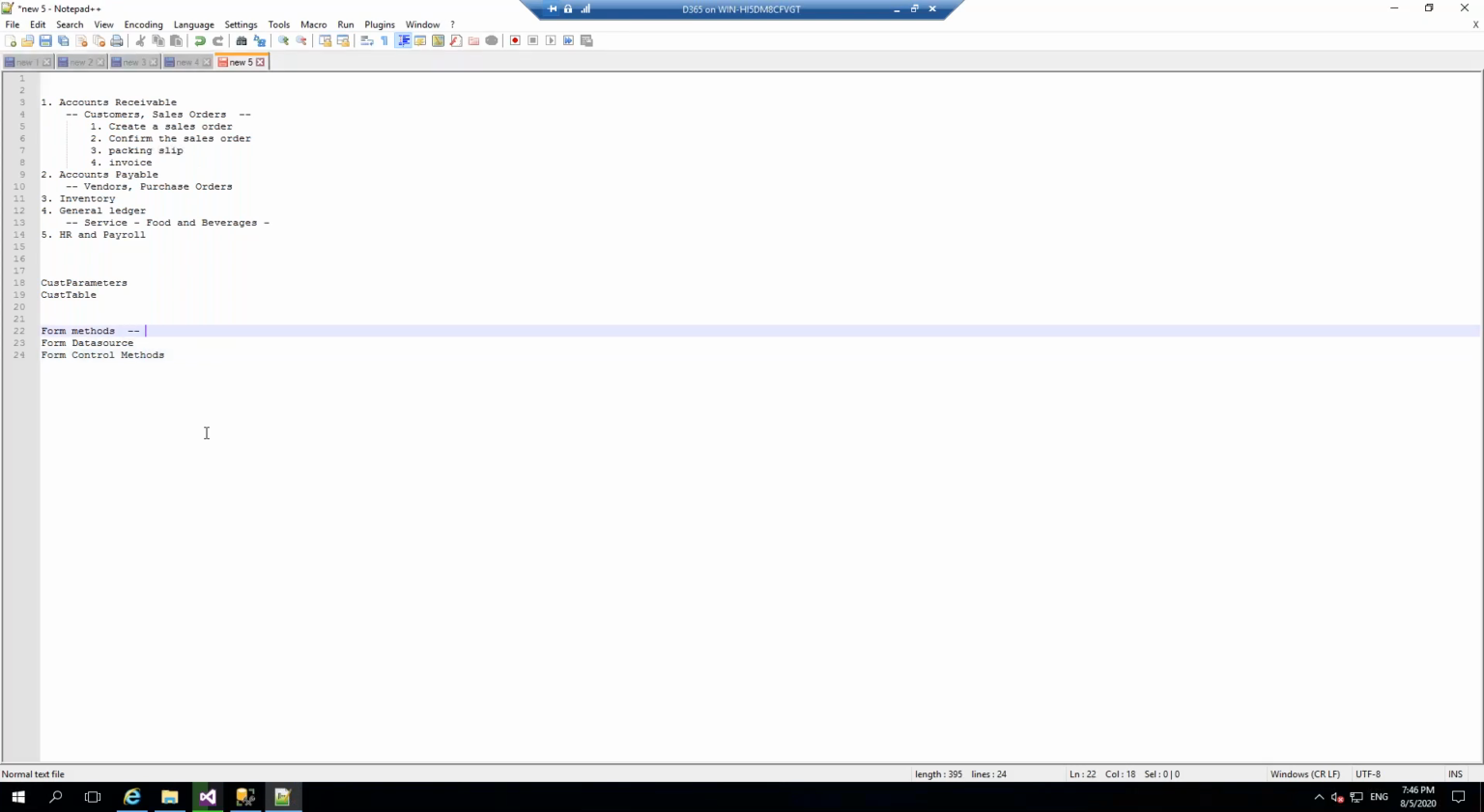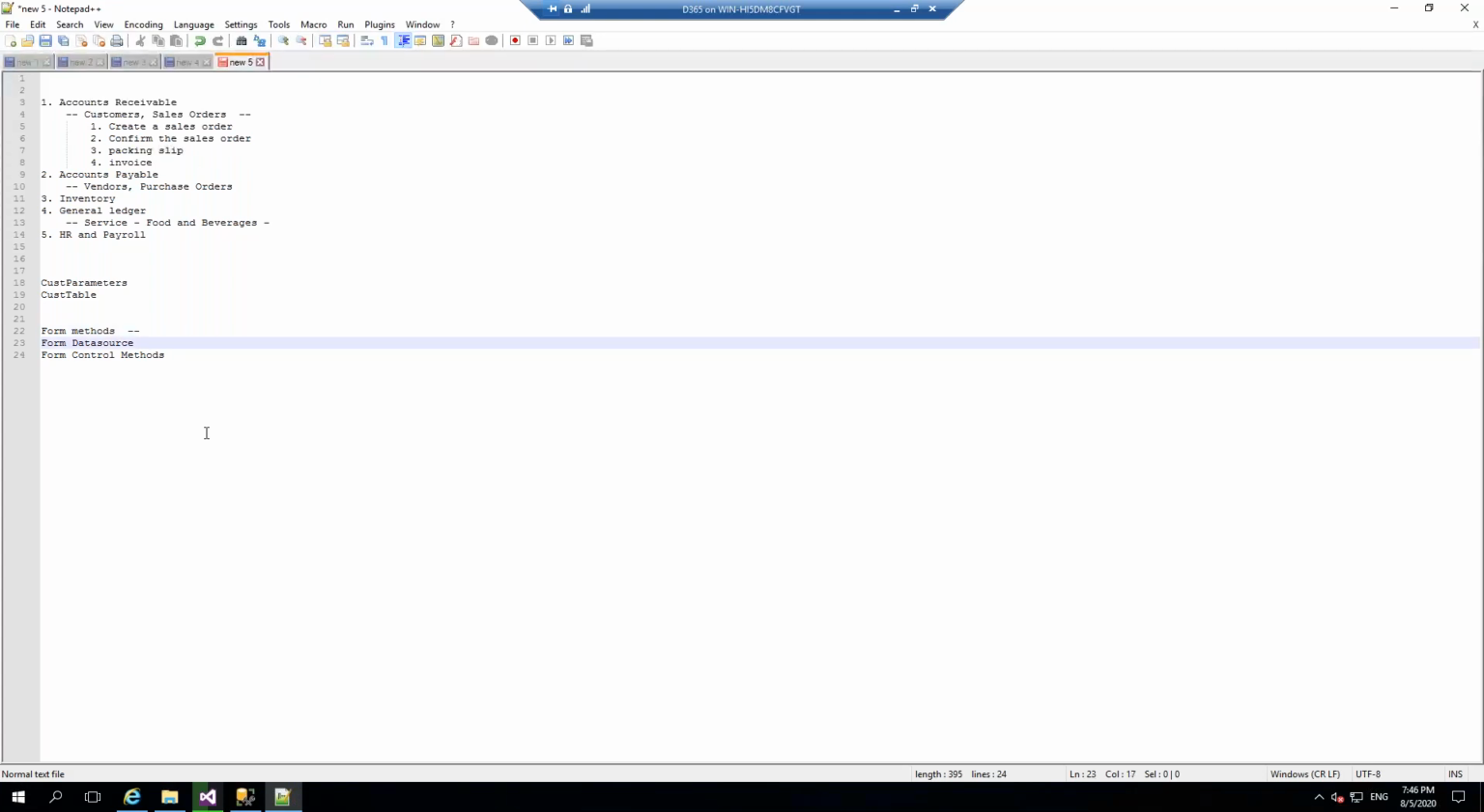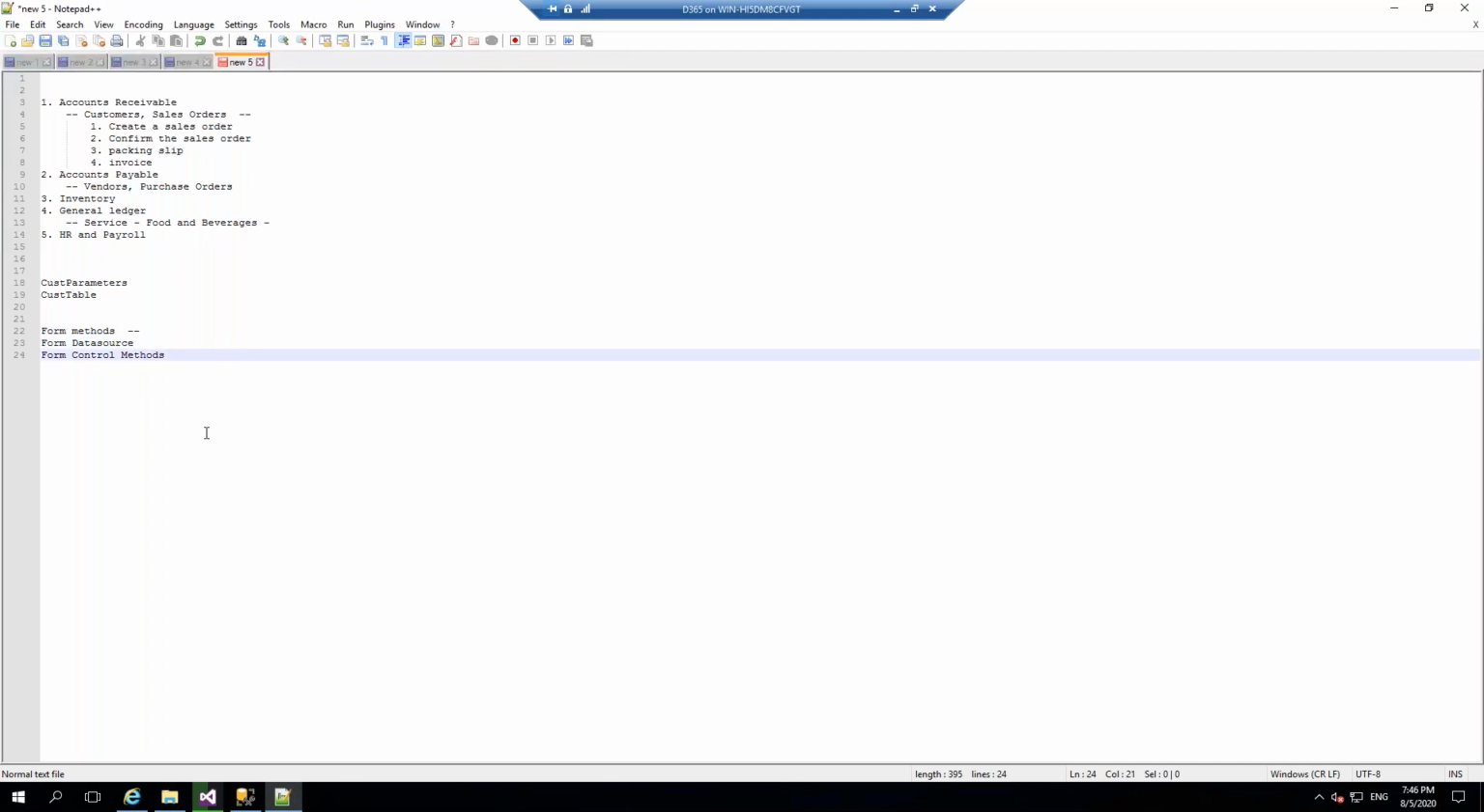Form methods, you can use extension chain of command. You can use extensions, you can use chain of command, you can use event handlers. Form data source methods, you can use the same thing. Form control methods, you can do the same thing. But